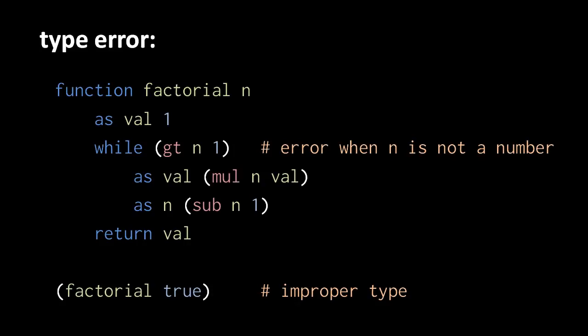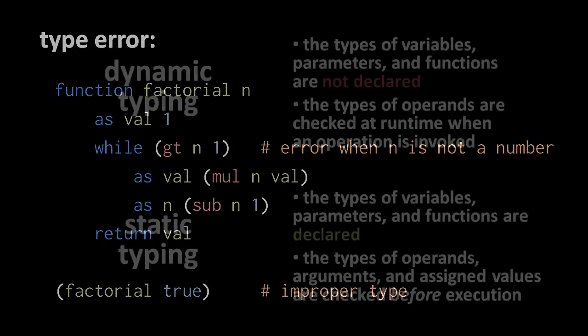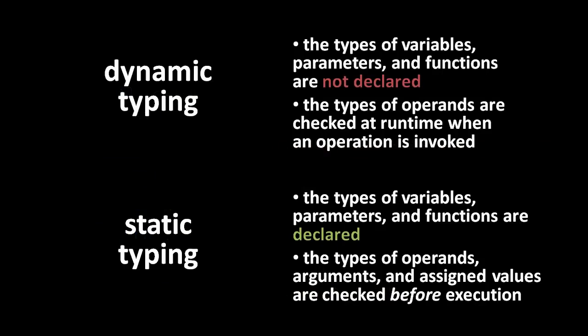So if we improperly invoke the factorial function with a Boolean argument instead of a number, a type error is triggered in the function because the greater than operation only works with number operands, not Booleans. At least, this is the behavior of a dynamic typing system, such as in Python and JavaScript. In such languages, the programmer can pass any type of value to any function, but when a built-in operator, like the greater than operator, receives the wrong kind of argument, an error occurs, which in most dynamic languages means an